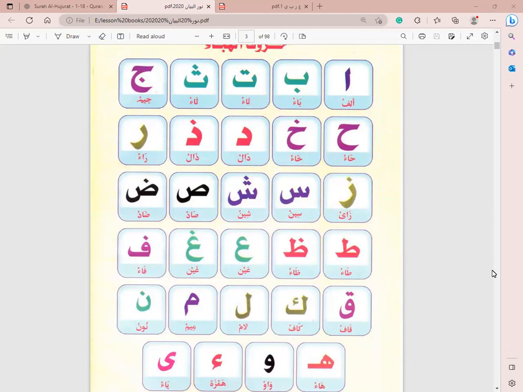كيف حالكم? I pray you all well. Alhamdulillah, so far we have learned 5 letters together. We learned letter kaf, and then with the fatha, so we learned how to say ka,